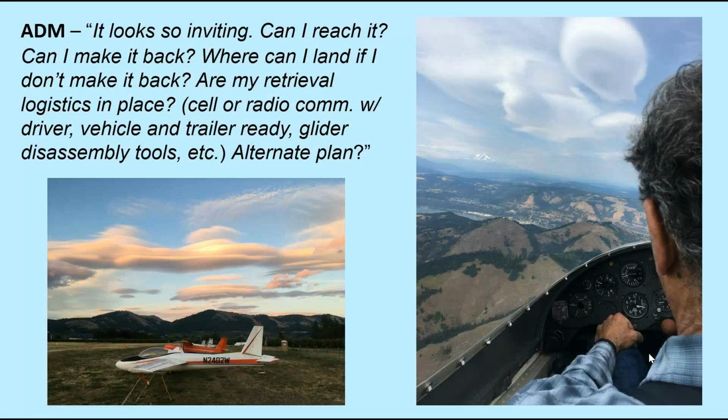And sometimes you're soaring, you go, oh, that wave over there looks so inviting, but I'm not high enough to get there. And then you're looking for a thermal, trying to go up. This person on the right is flying right near Hood River, Oregon. That's the Columbia River in the background looking across onto the Washington side, and that's Mount Adams in the background